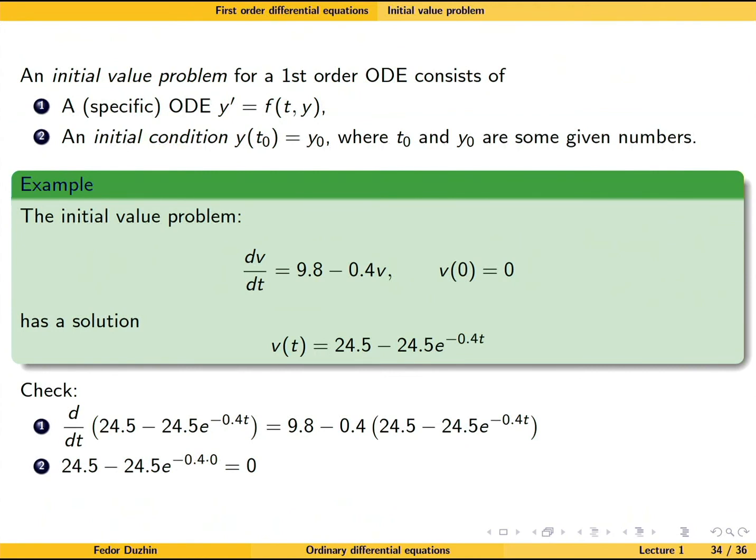Well, then again, how to solve an initial value problem is the topic of the next lecture. But now it's just the concept and how to